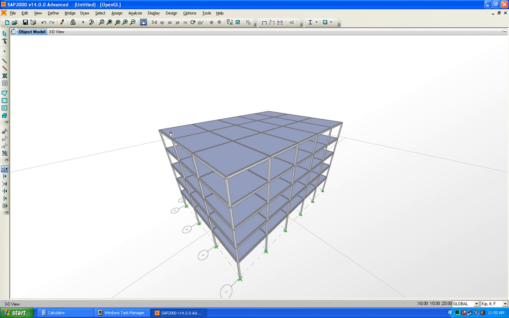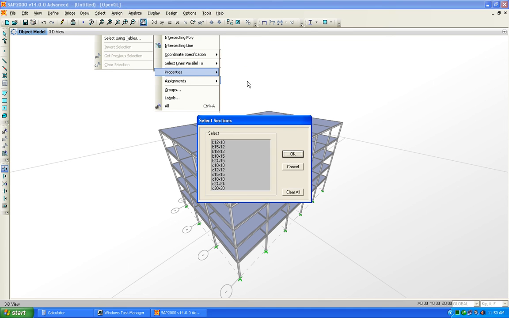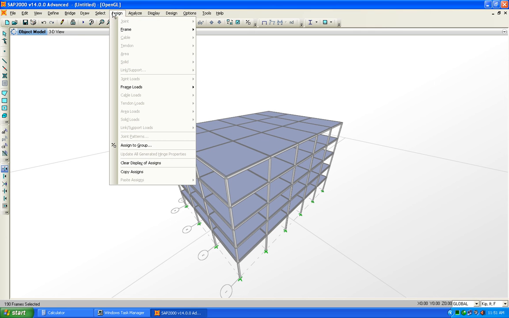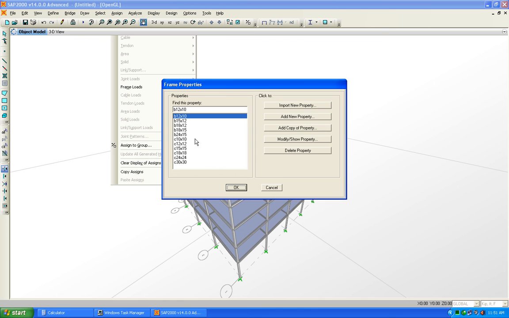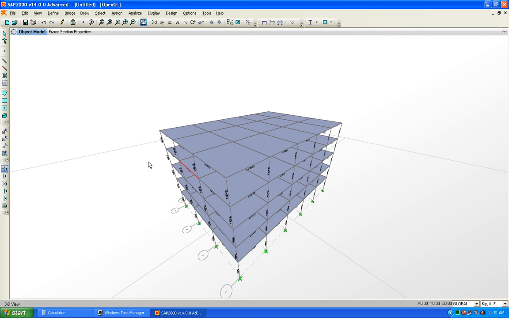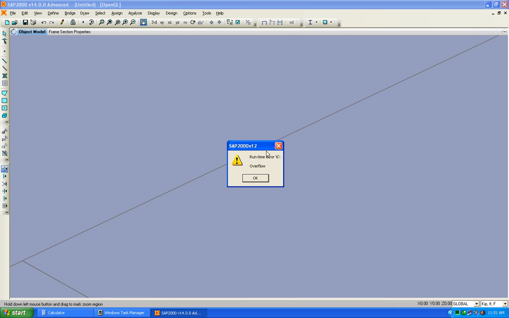Select by property and select by the frame section, and by default we have B12 cross 10. Select all the beams. So all the beams are selected. Now assign frame section and select a heavy section of 24 cross 15. A heavy section is being assigned to the frame, and we have the frame as, let's check by the, oh my god, let's save our work here. Okay,